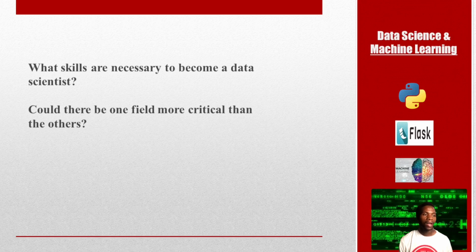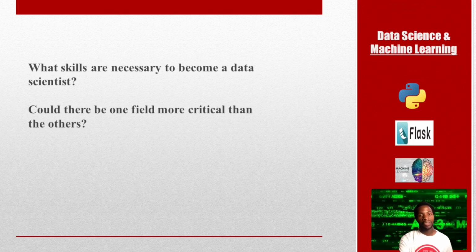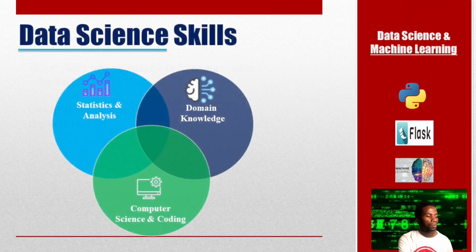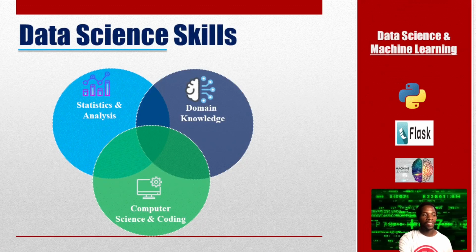We have to keep in mind that being a data scientist does not only involve technical knowledge. In general, soft skills also play a vital role in defining an optimal profile. The synergy between these two aspects empowers data scientists to achieve remarkable results. The world of data science is often represented with Venn diagrams showing the intersections of the key skills required, which are statistics and data analysis, domain knowledge, and computer science.